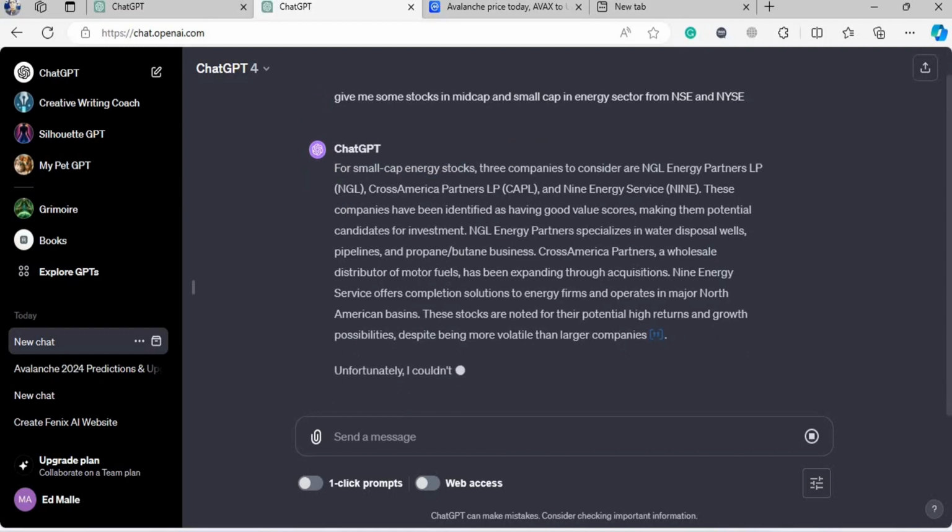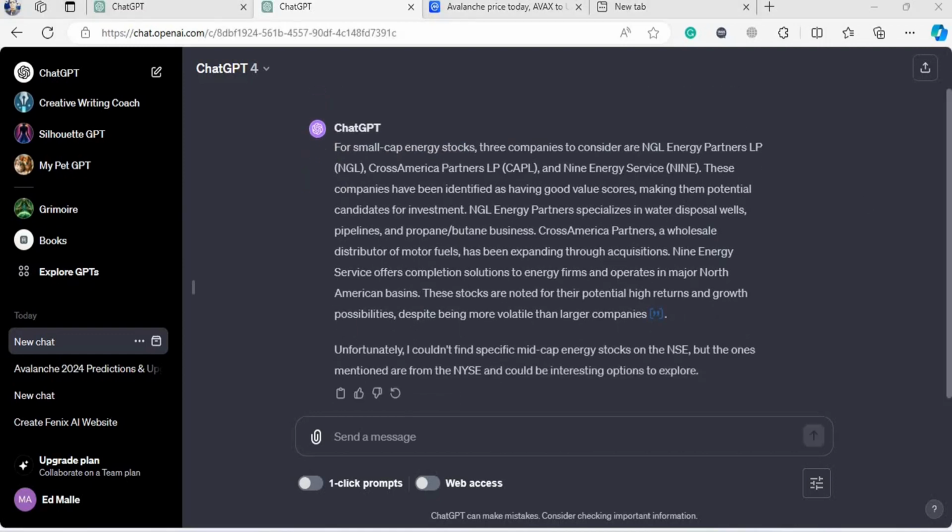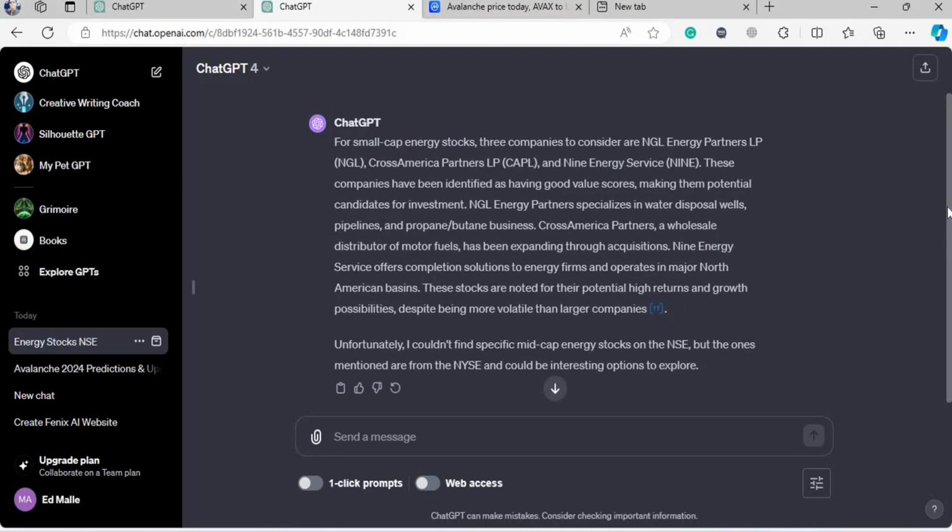For small cap energy stocks, 3 companies to consider: NGL, which is, what is that? Energy Partners Limited something, Cross America Partners, and 9 Energy Services, something like that. And then it says, unfortunately, I couldn't specify mid-cap on NSE, but the ones mentioned are from NYSE and could be interesting options to explore. So what you do is that you just copy this thing up here and you'll be like,